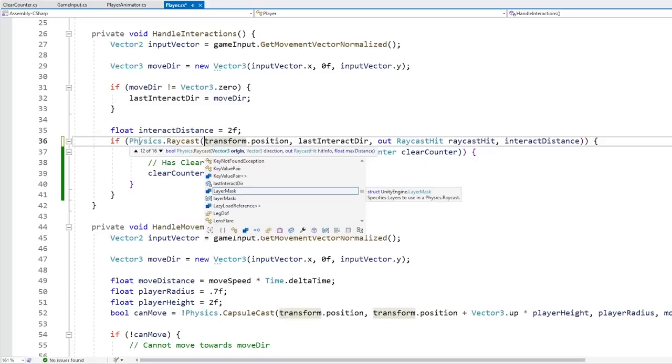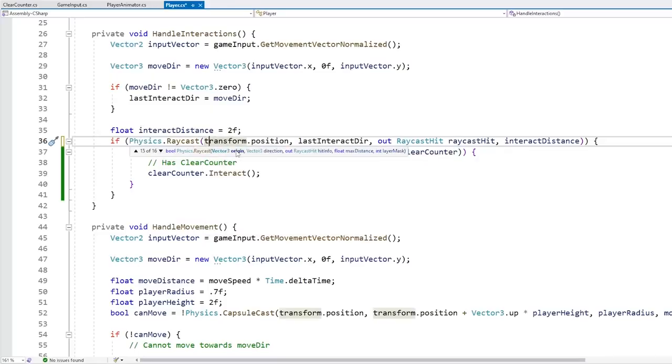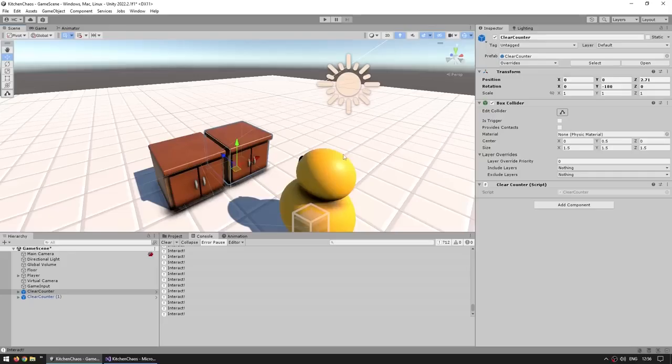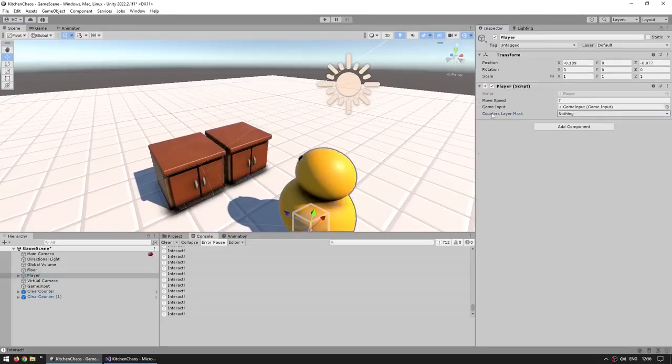So let's find the function that matches up these parameters with the layer mask. So here it is, we have the origin, then we have the direction, the raycast hit, the max distance, and then finally we have our layer mask. So let's use our counters layer mask. Okay, great. Now back in the editor, let's select our player game object, and yep, there we see our field